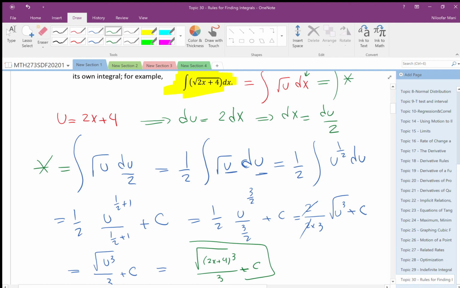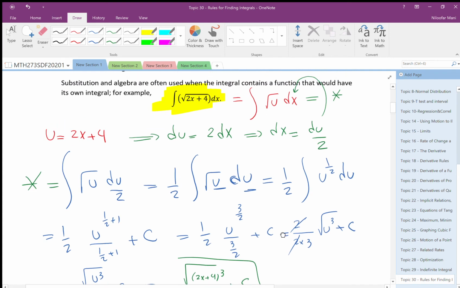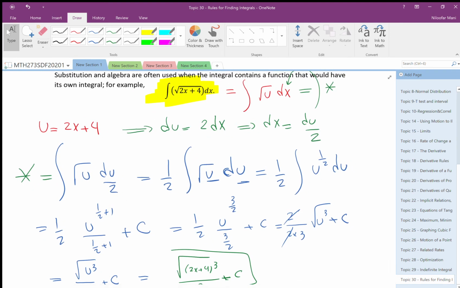Okay? So you look at your integral and see your integral has radical, and you say, if I have radical x dx, I can answer. If I have radical u du, I can answer. If I have radical z dz, I can answer. But here I don't have. I have something else under radical. So I take that as u, I find du, so I substitute, then I see I have u and dx. So I find du, I find dx, I substitute, and then I see my integral is based on u and